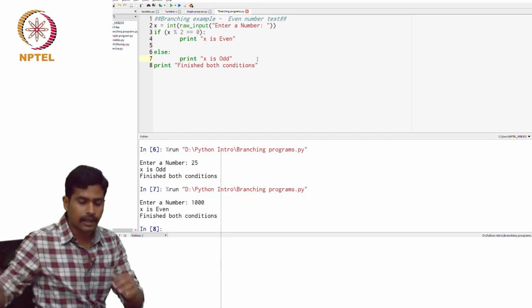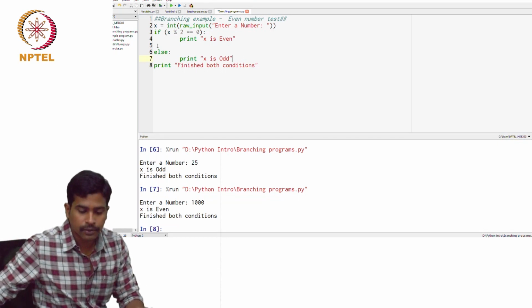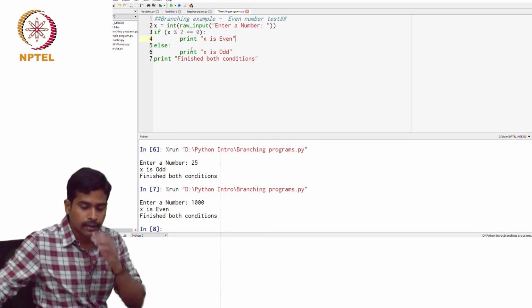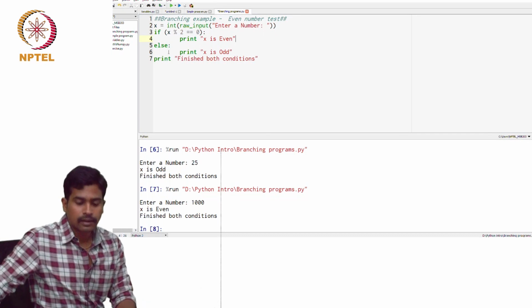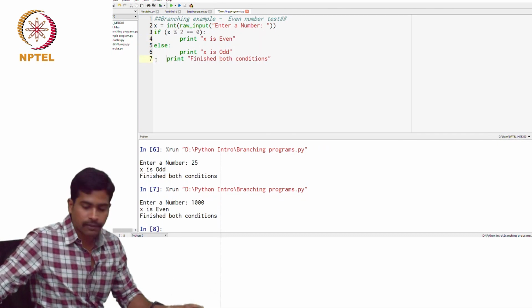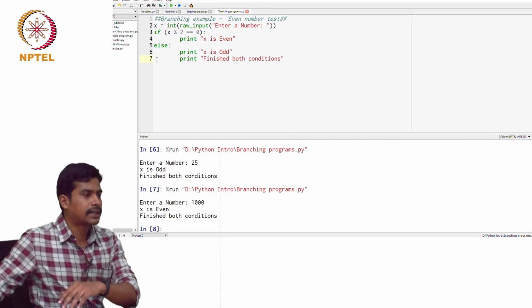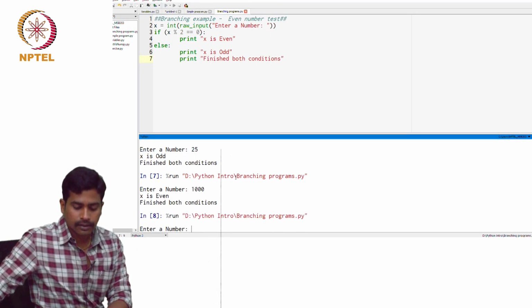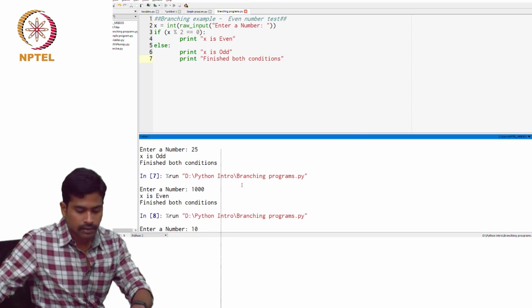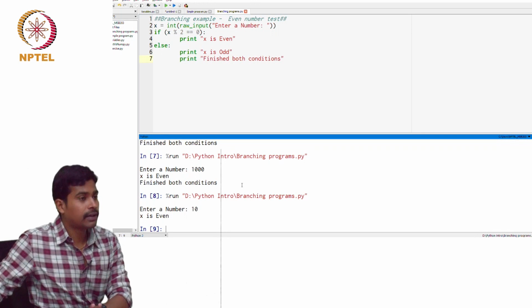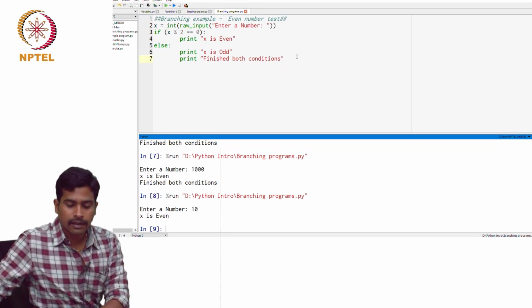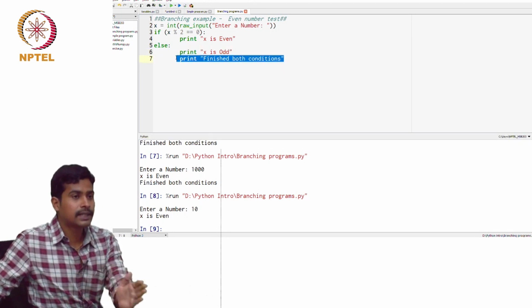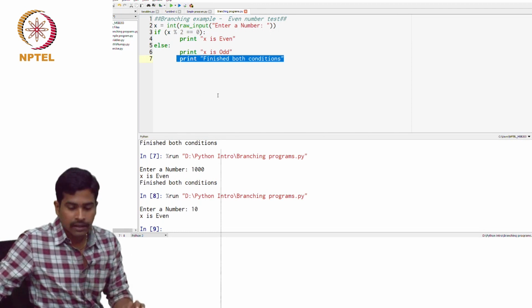okay, or else I'll demonstrate what happens. So now you have seen, if you write this statement inside an else statement and execute, we gave an even number, x is an even number, and it has not printed this particular statement because it is inside the else block.